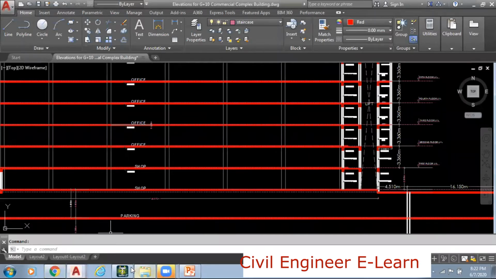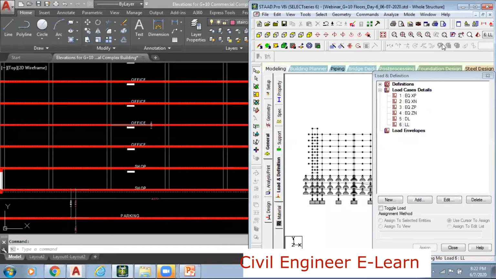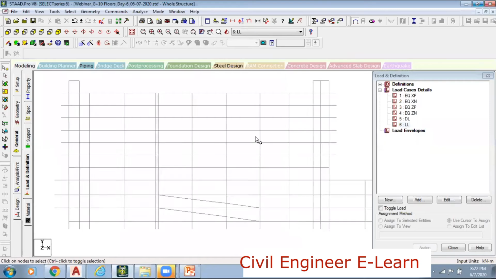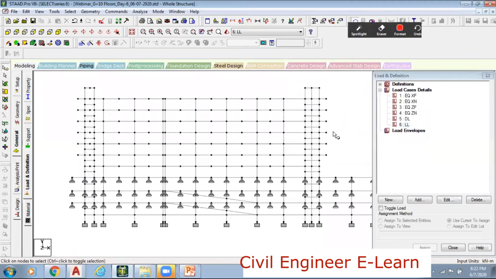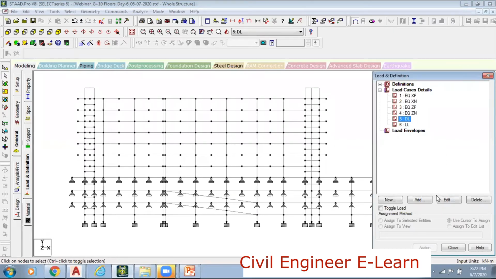Now we are done with this. Let's maximize it. Yes. Now I need to add the loads to this. So for this, I'll go to this dead load.